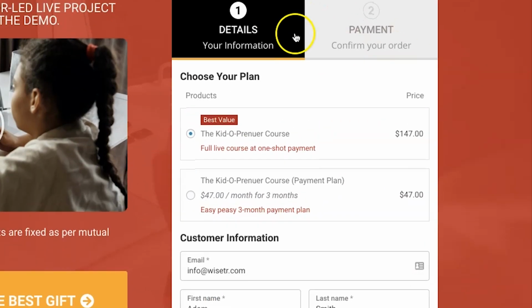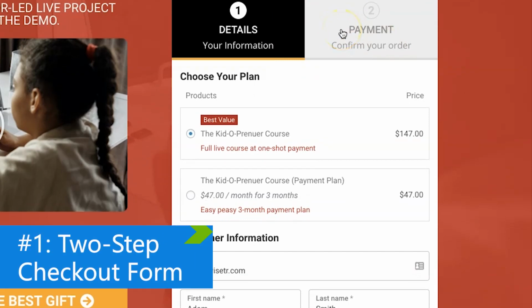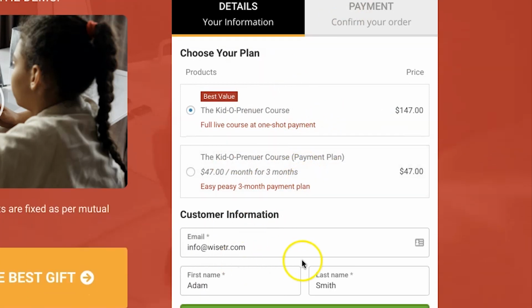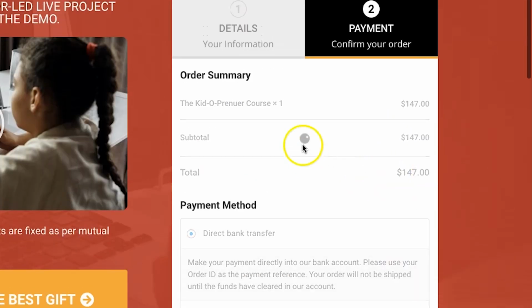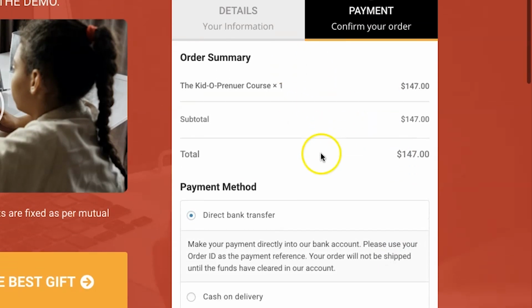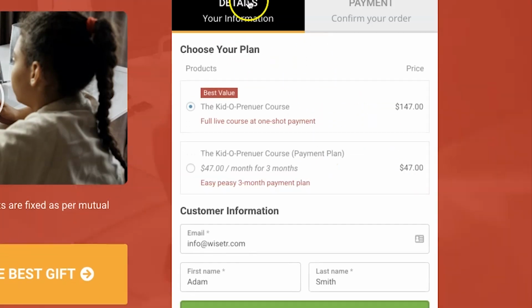The first thing that you'll notice here is that this is a 2-step checkout form. So the first step is a bit about the product that they are buying, and then you've got some fields here, the basic information fields like email, first name, last name, and then on the second step you've got some other fields such as order summary and more.